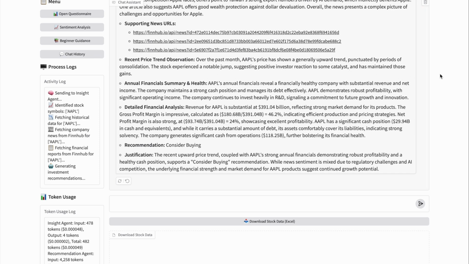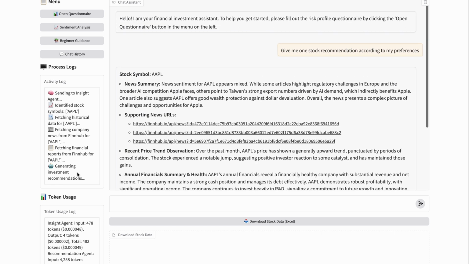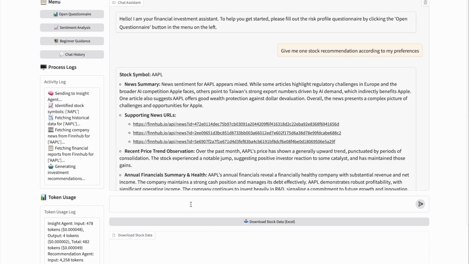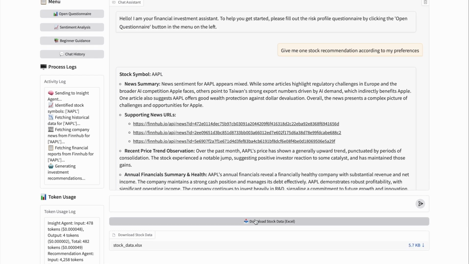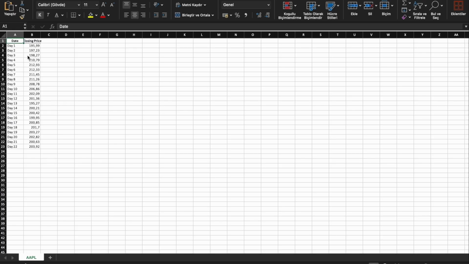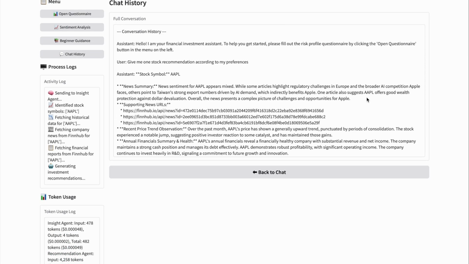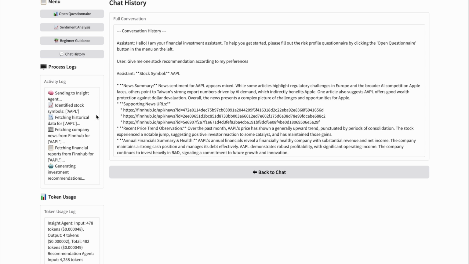While the system processes this request, the process log records each background operation transparently, and once the output is ready, the token usage panel shows the number of tokens used and the total cost for both input and output. Additionally, users can download the latest one-month price data of the recommended stocks in Excel format. All conversation data is automatically saved in the chat history, which can be accessed at any time by clicking its